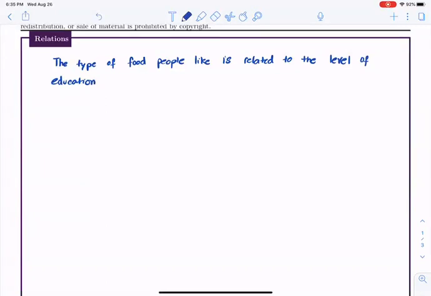So let's just say the type of food people like is related to the level of education. So the first step is to identify what will depend on what. So which part is going to depend on the remaining part. So the level of education could depend on the type of food you eat, or the type of food that you prefer would depend on the level of education. By all means, in this problem, the reasonable thing to look at would be the type of food depending on the level of education. So here, Y would be the type of food